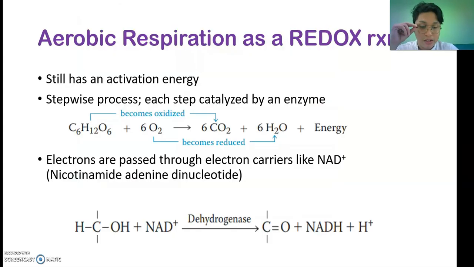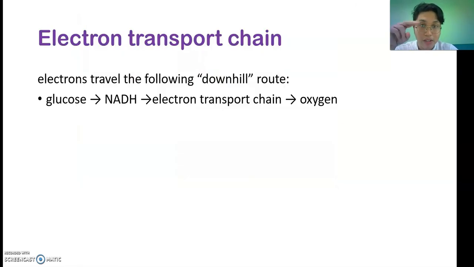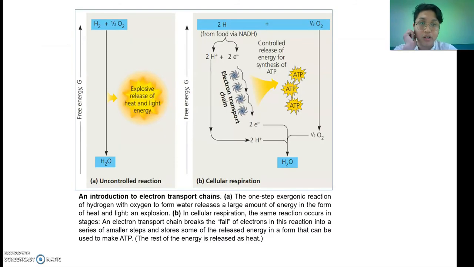These electrons are passed through NAD+, and the electron transport chain causes the electrons to travel from glucose down to NADH, then down the electron transport chain to oxygen. If this were done in one step, the energy would explode all at once, a big bulk release of energy. But if it is stepwise, passed on level by level, the yield of energy is more gradual. The body is not shocked, and only what the body needs is supplied. That is why the body adapts cellular respiration with the electron transport chain, because it is not abrupt.